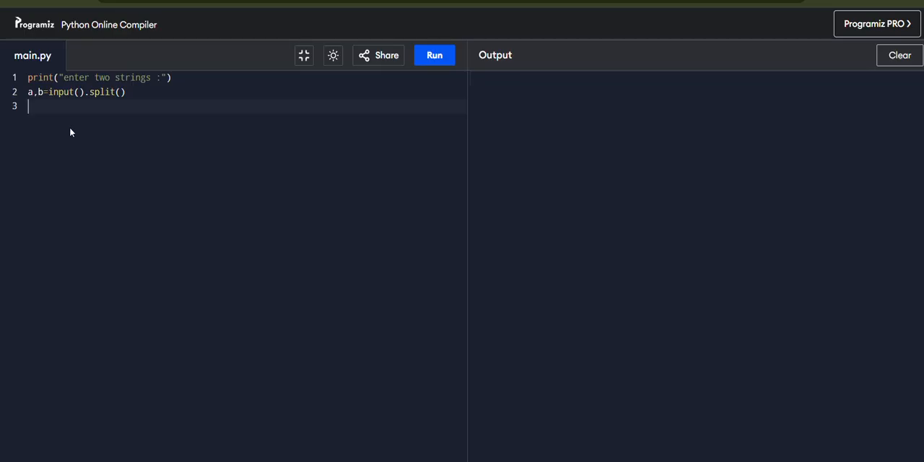Now I am traversing on the first string, for character in A, if this character is not in B, then directly print not anagram and break,